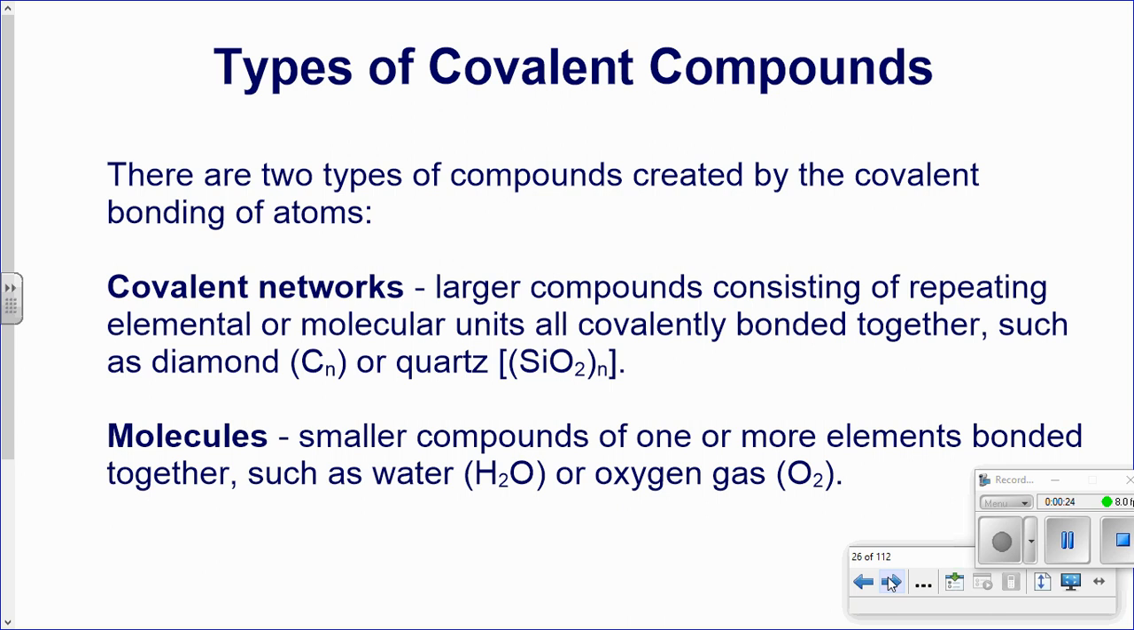So with covalent compounds, there's a couple different types of covalent compounds. Of course, we have molecules, which was what I just mentioned. But I probably should take back what I said. Actually, I won't take it back, but most of the things we'll talk about will be molecules. But there are some things called covalent network solids, which are based off of covalent bonds, but we don't necessarily call them molecules. These are larger compounds consisting of repeating elemental or molecular units all covalently bonded together,